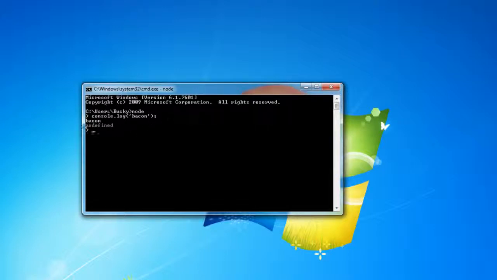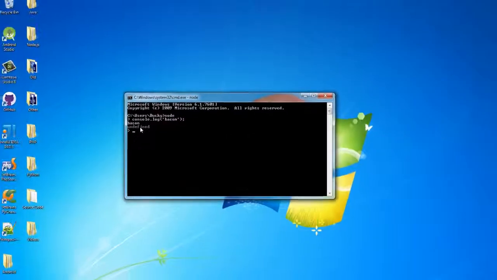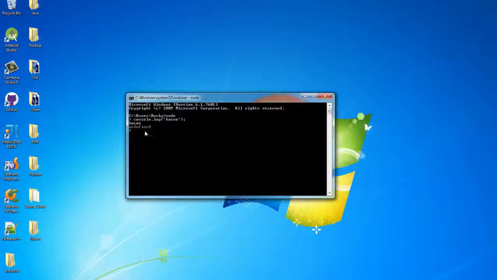Just copy this, make sure everything is working. If it's not, then go back and make sure that you kept all the defaults whenever you installed it. But if you see the word bacon undefined, then you're good to go. So of course, what we can do is type a bunch of Node.js in this awesome looking command